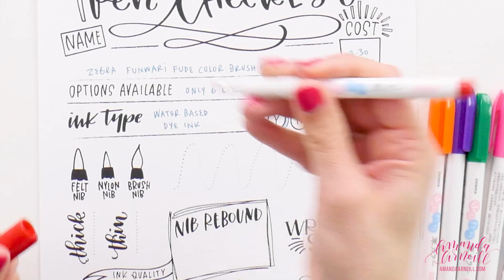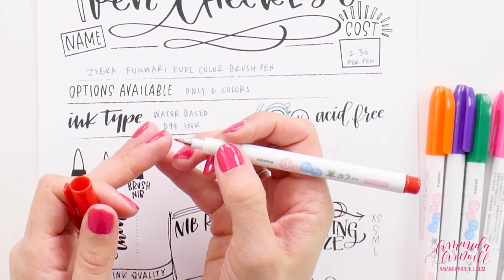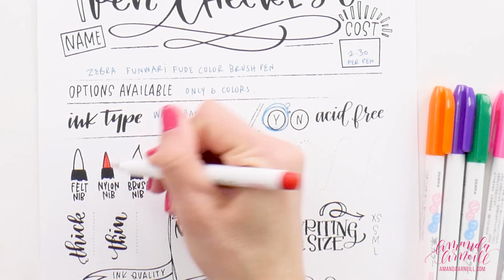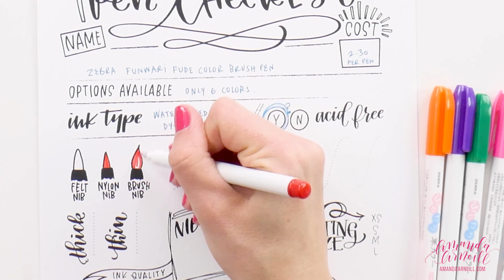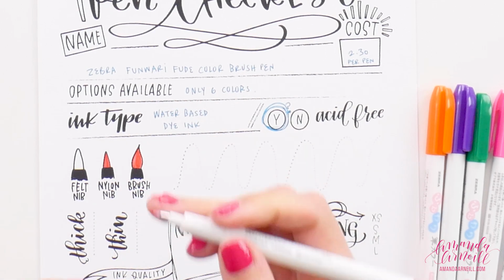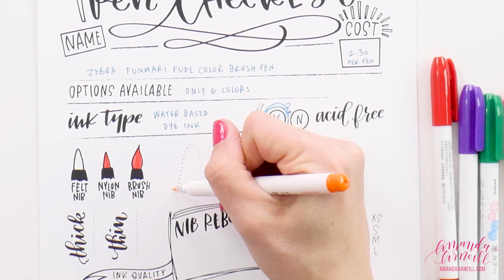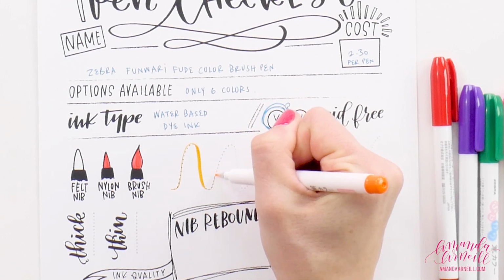Now, opening it up, it has a really, really tiny nib, and that gets me so happy because it can be really hard to find small nib pens. It also looks like it is a nice nylon nib, which means that you are going to be able to have it last for longer than a felt-based nib. It does have that beautiful brush nib that we're looking for, where you can get your thin upstrokes and thick downstrokes,